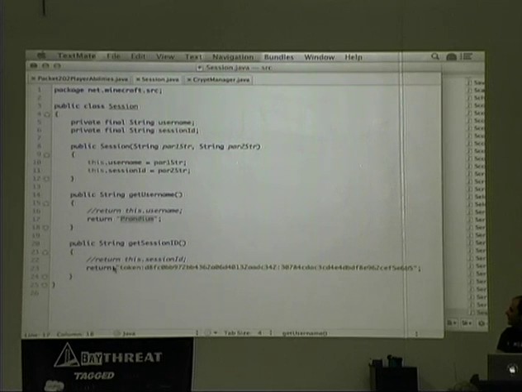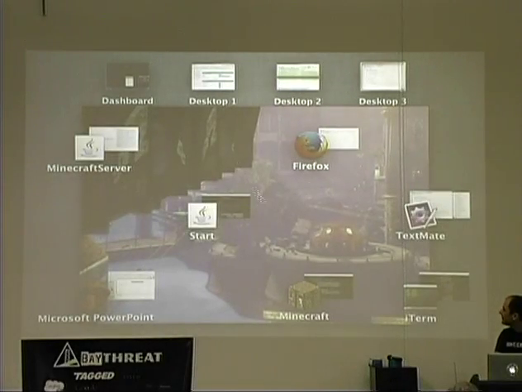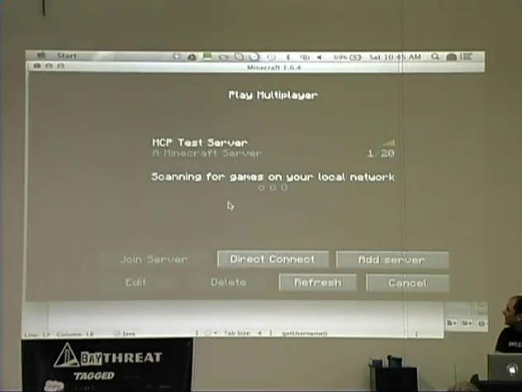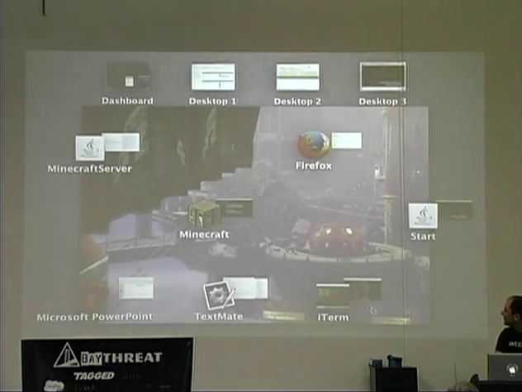This is 1.6, so this is the old version, so I've also set the session ID to be that user. So we're assuming that I've already compromised this user's username and session ID with a malicious server. I've changed those values and I've recompiled, and now if we go to the server,